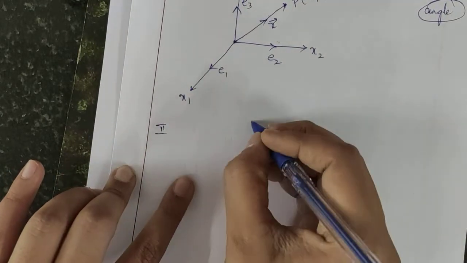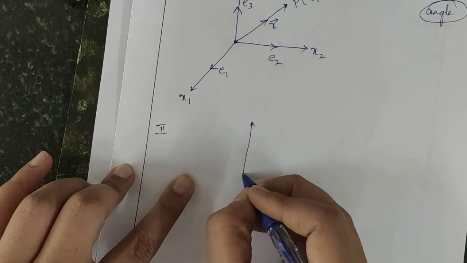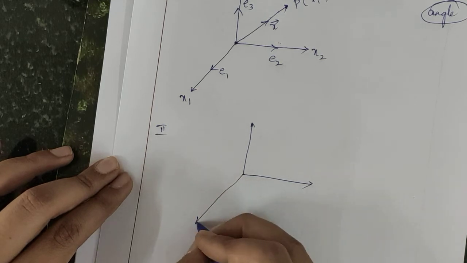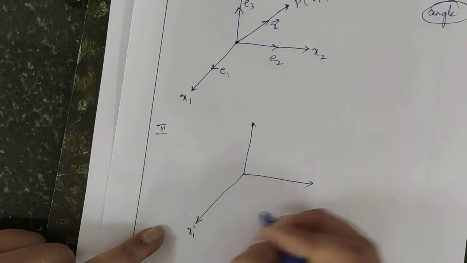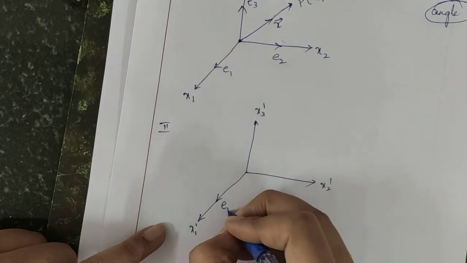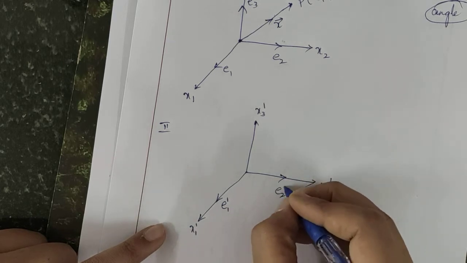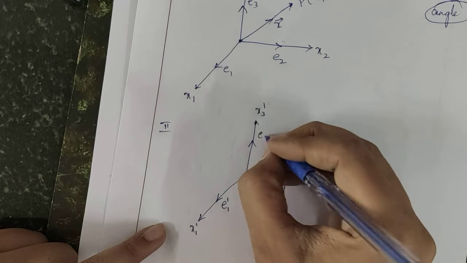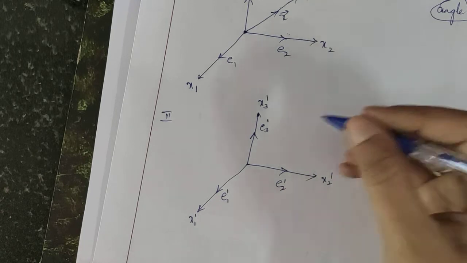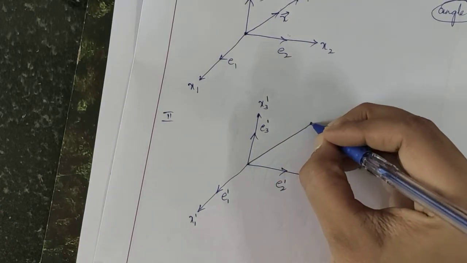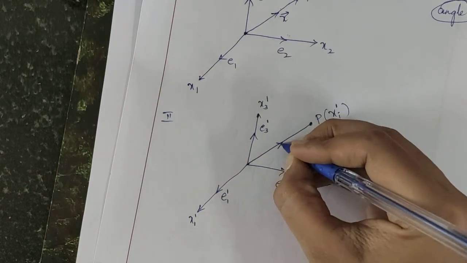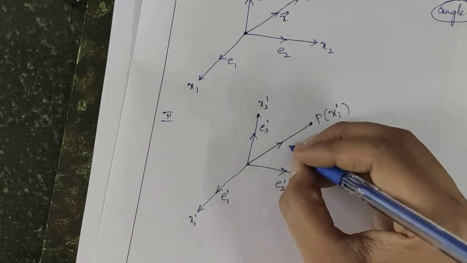So in the second coordinate system we will be having different vectors and points here, right? So now the axis is x1 prime, x2 prime and x3 prime. For x1 prime, e1 prime is the base vector. For this it is e2 prime. For x3 prime it is e3 prime. Again what I will do is I will consider point on the space as p of xi prime. For this the vector can be represented as x itself.